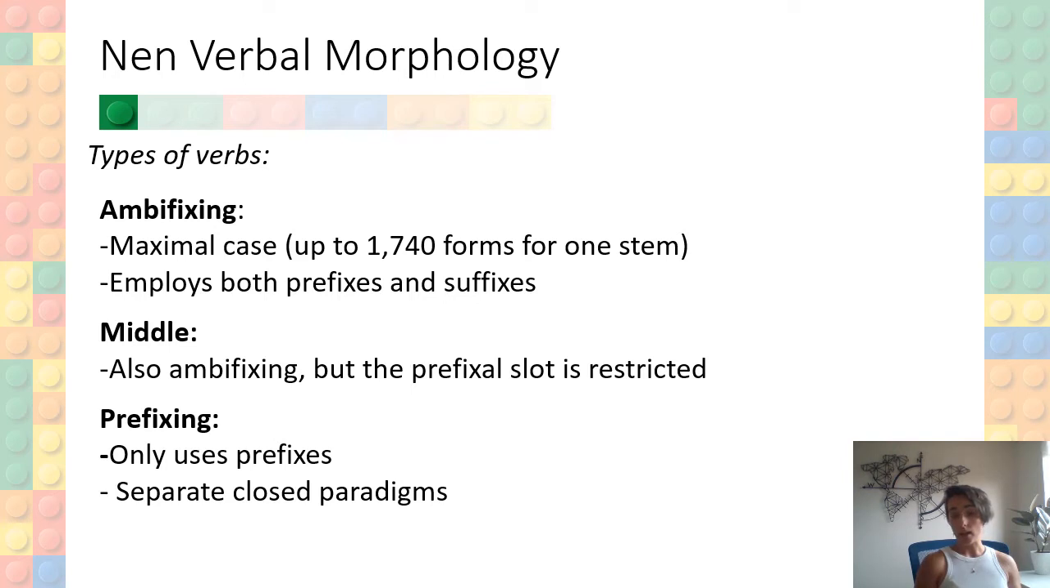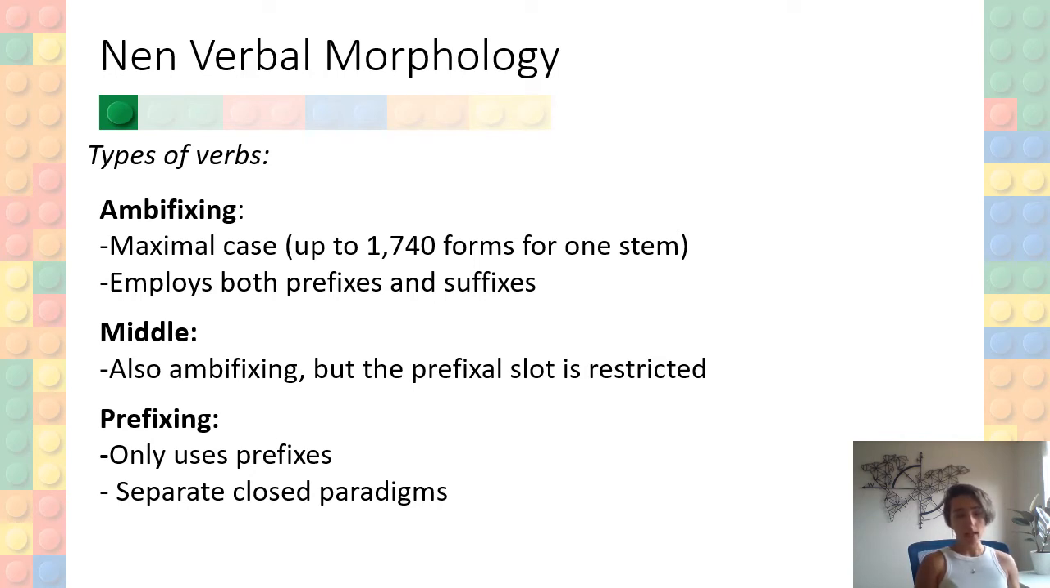And these are ambifixing, which is the maximal case, and that's just because it utilizes both prefixes and suffixes, and this yields a full combinatorics of up to 1,740 unique forms for one stem. And then we have the middle verbs, which are also ambifixing, but the prefixal slot is restricted. So they only have 3 prefixes available to them, which make them, in a sense, a subset of the ambifixing